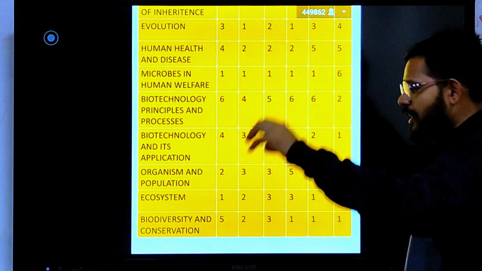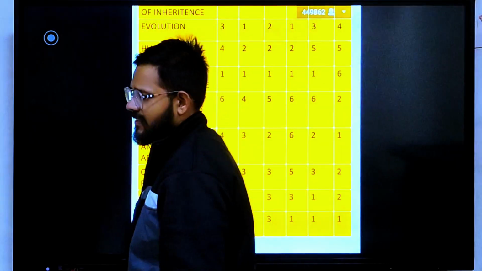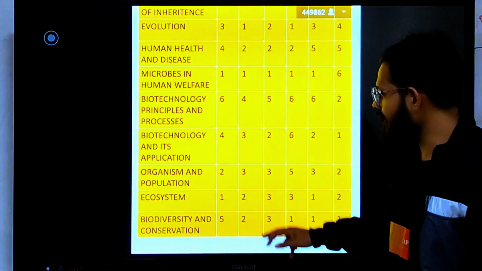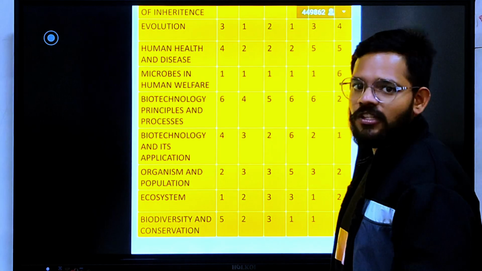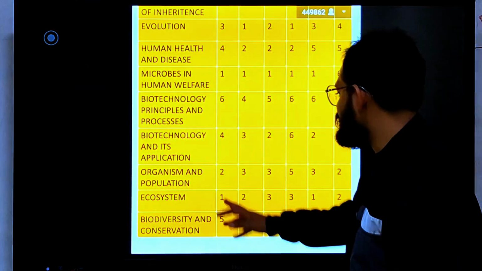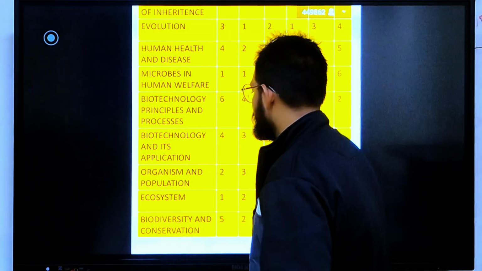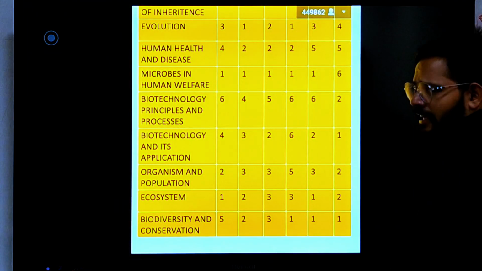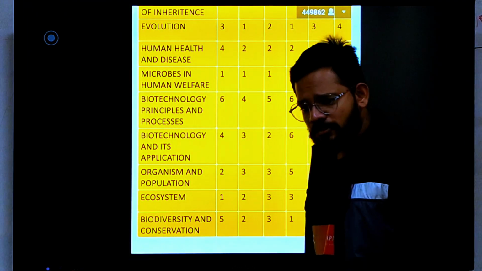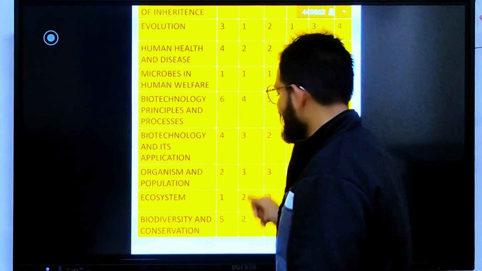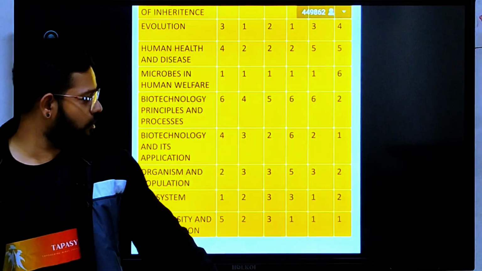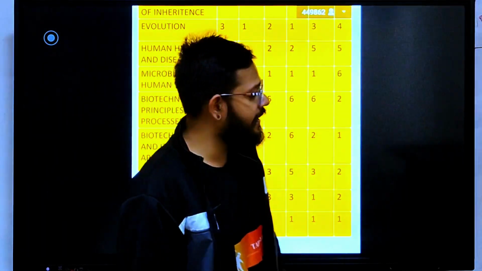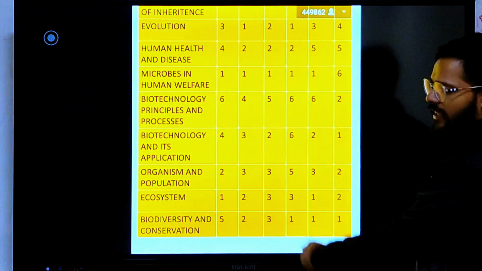Okay, now we are coming to ecology, the most scoring unit. You can easily give answers by closing your eyes in this unit. Okay, so organism and population: your mutualism, your interactions, the graphs, the logistic graph, exponential graph, all these parts are coming in this chapter. Last year 2 questions came from this chapter. Previously in 2023 you had 3 questions. In 2022 3 questions. In 2021 you had 5 questions. In 2020 and in 2019 you had 2 questions from this chapter.